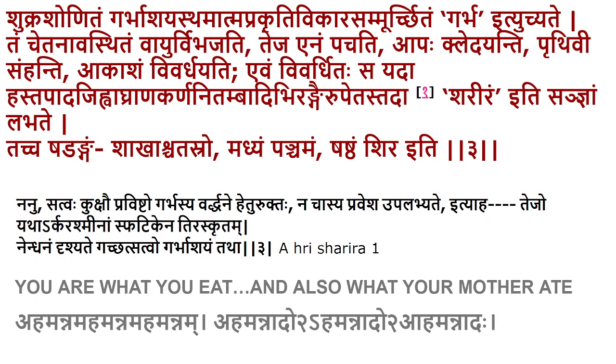Now, during the initial stage, the nourishment of the zygote would be by the substances which are present within the cells. The nucleus and this cytoplasmic material itself would have some energy stored in it, and then as it migrates to the endometrium, it takes the nourishment directly from the endometrial mucosa, and then gradually there will be independent circulatory structures formed, and then the fetal organs are developed, and only when the fetal organs are developed, that's called sharira.